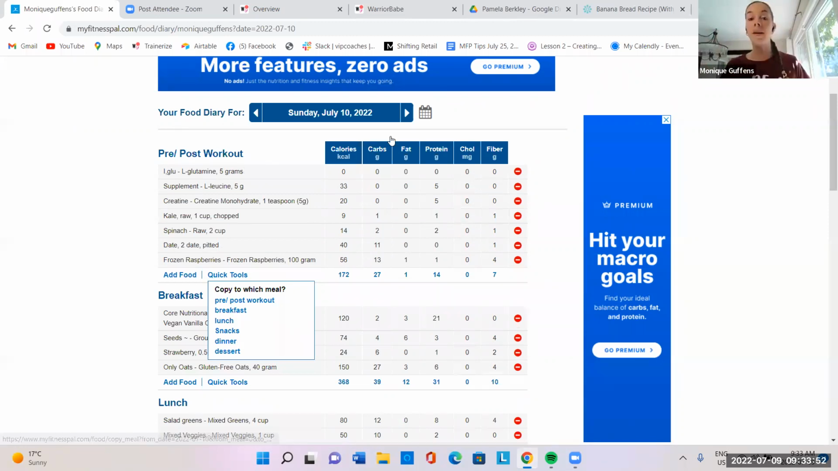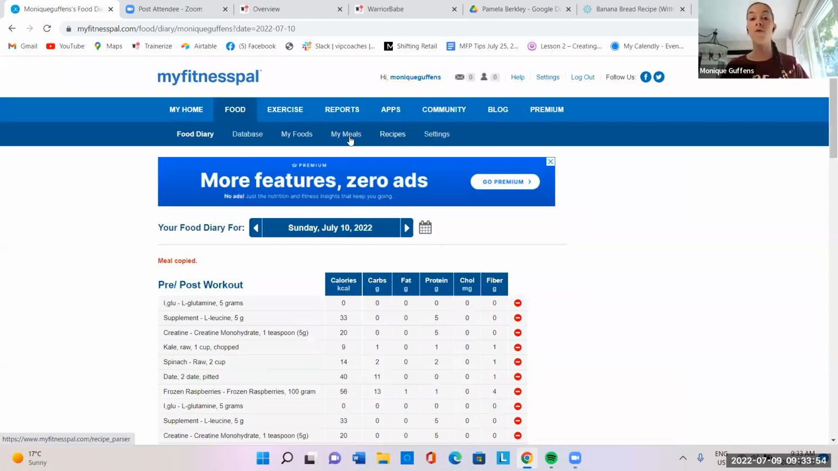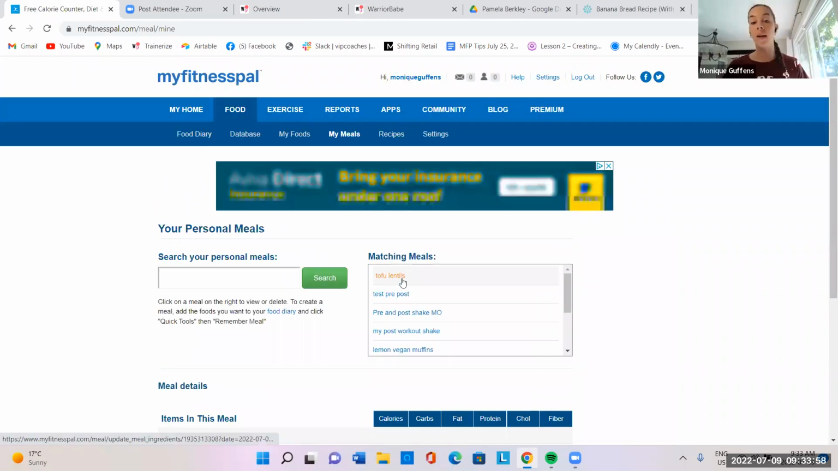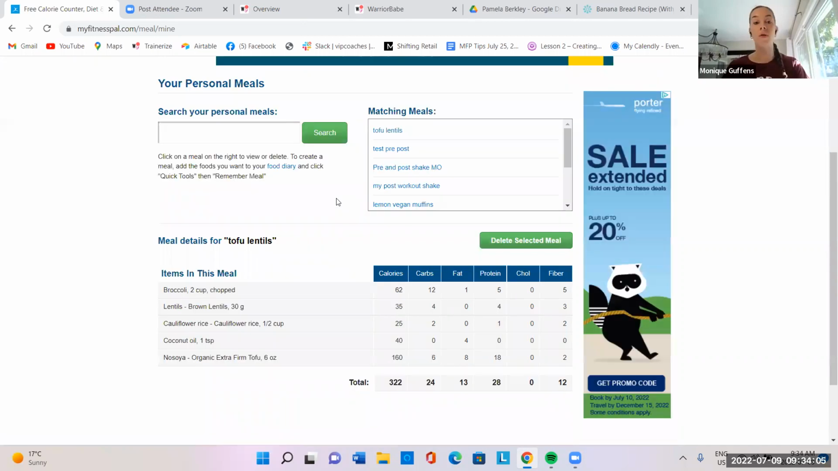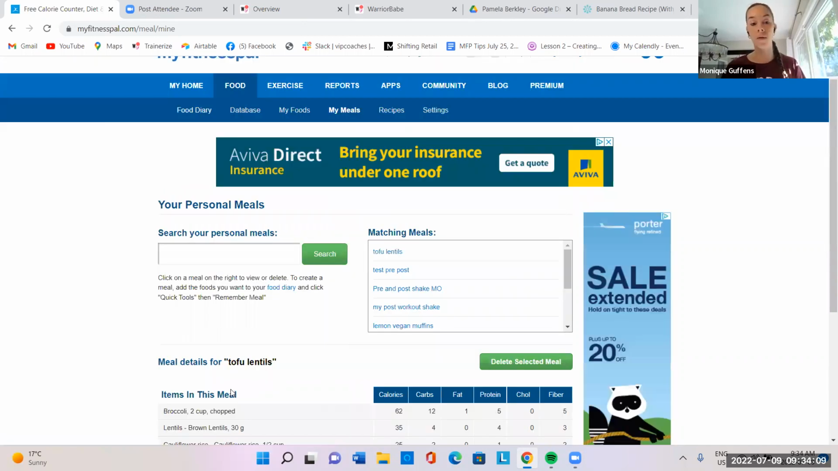If you want to make a meal, you go to My Meals. You can do this on your phone as well. You can click on the meals you already have. And look, they're right here. See, I already made this meal. So if I would go back to today's diary and I want to make the shake that I have every day in a meal, I click